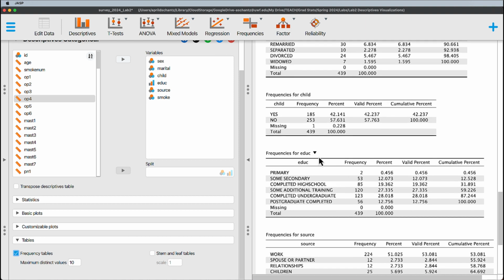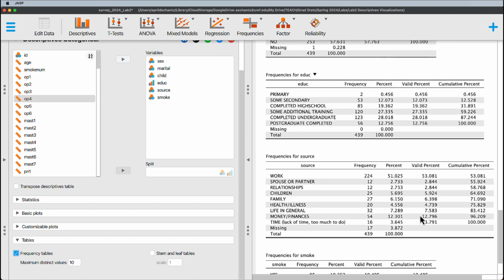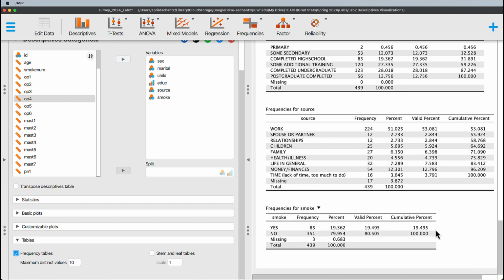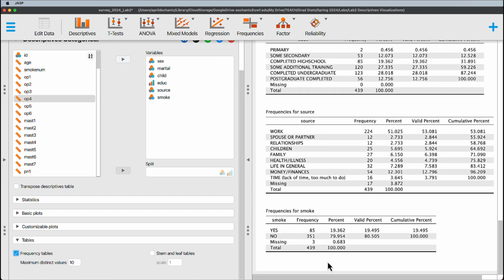We have the highest education completed, so how many and what percent of the whole they represent, and then the major source of stress. Again, because there's 17 missing, I'm going to use just those who responded to the question. And frequencies for do you smoke or not. And the way this looks in the write-up